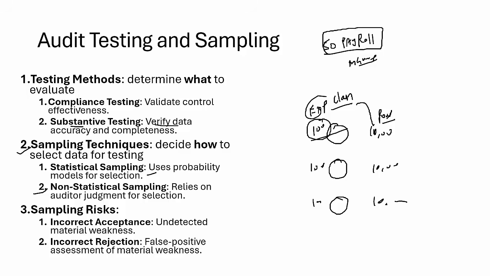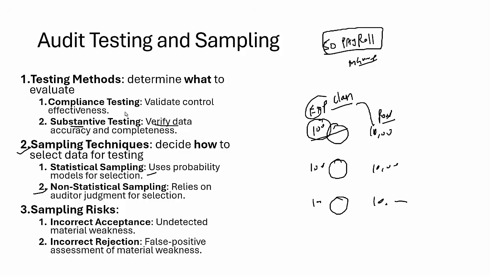So now we select 30 payroll transactions and we compare the payment amount in the payroll system with the employee contract to confirm the correct salary amount, or with the bank statement to confirm the actual disbursement. If all 30 transactions match the supporting documents, the data is accurate. If any kind of discrepancy is found, an investigation needs to be done.